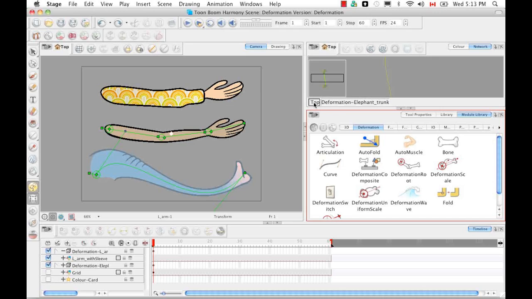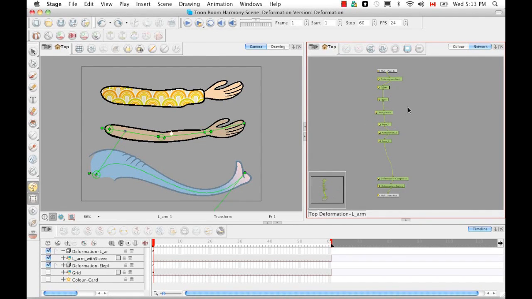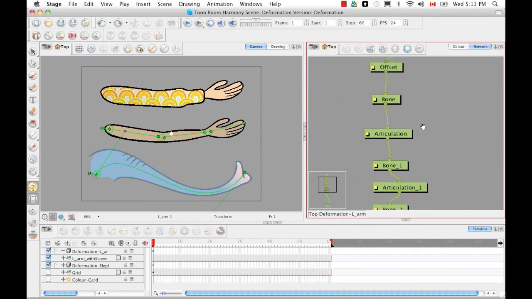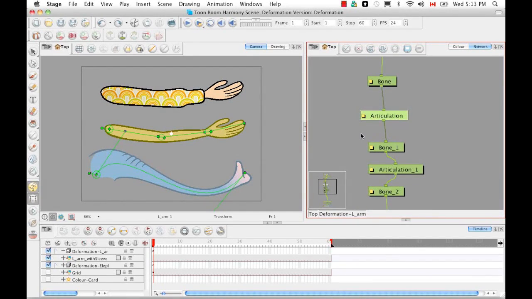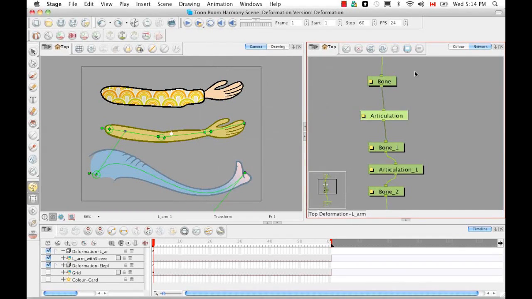So let's go back to the top of the network view, and let's go back inside our left arm deformation group, because we've already seen a few articulations, but let's take a closer look by bringing up its layer properties. You can do this in two ways. You can click on this little yellow square to bring up the layer properties of the articulation module, or what I'm actually going to do is open up a whole new window